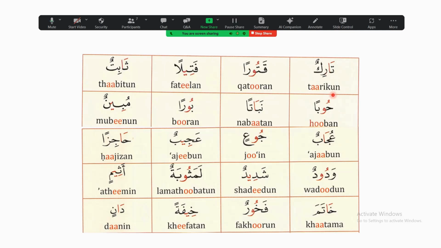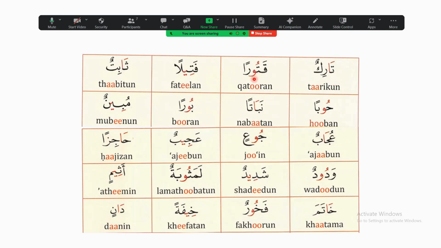So the first one here is tarikun, tarikun. I'm not saying tarikun with a short ta, I'm saying tarikun. Ta is stretched for two counts here. Tarikun. Okay, the next one is quturan,